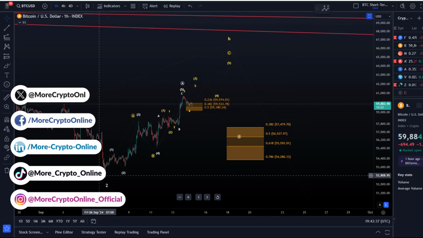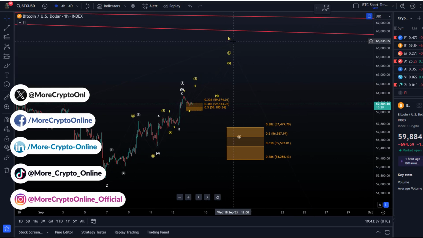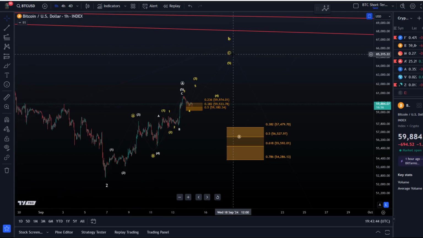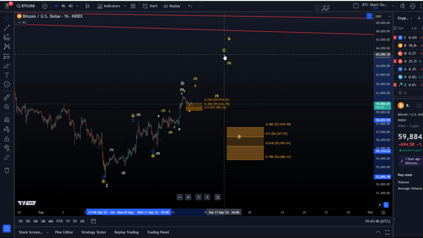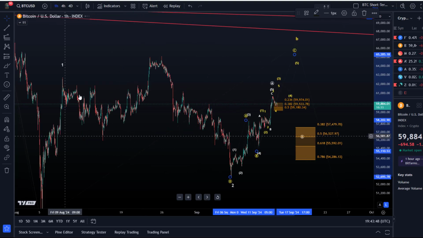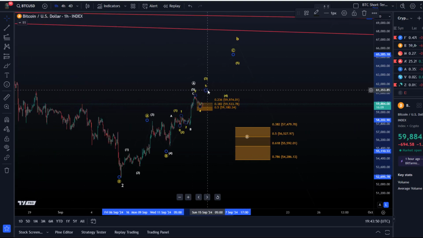So first of all, the rally here that we can consider a B wave, for example, or it's actually wave C of B. No? Actually, it might even be a WXY, but we want to keep it simple. So it's an ABC structure. We can track it like that. This is really fragile. Okay, it is a really fragile structure. So be ready for changes. Be ready for adjustments. It is a very, very messy structure to the upside, because we're dealing with a corrective